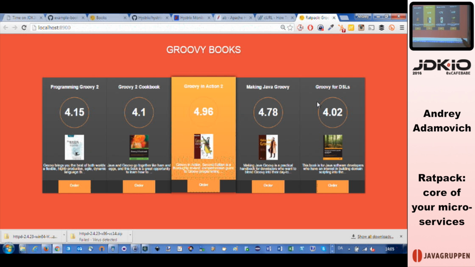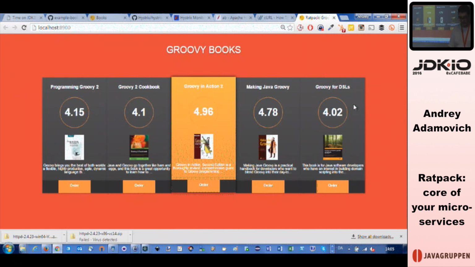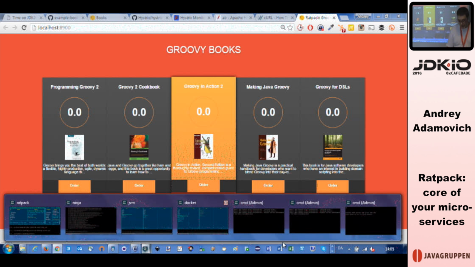And yeah, because it's a random number, every time I refresh, it's getting new stuff. Of course, if I kill my review server now, then I get zeros back, because it's actually getting timeouts, and it combines the collection then for each of the 5 books. Of course, when the other server is down, we still see this slow part on the front server. So ideally, what we should do with